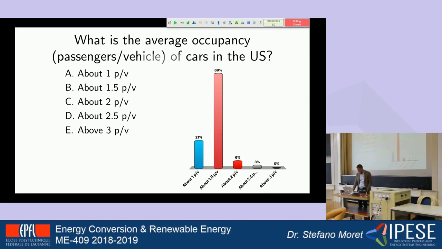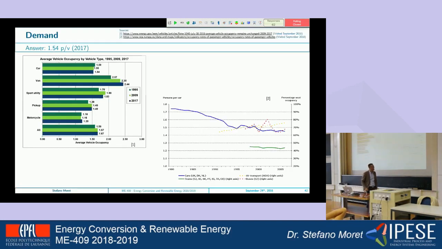So you're a pessimistic class. Most cars travel almost empty. The average occupancy is 1.54 passengers per vehicle. And the thing that can be surprising and also disappointing is that the average occupancy of cars is decreasing over time. In some European countries, this is a graph which is a bit old, but it's the best I could find for Europe.